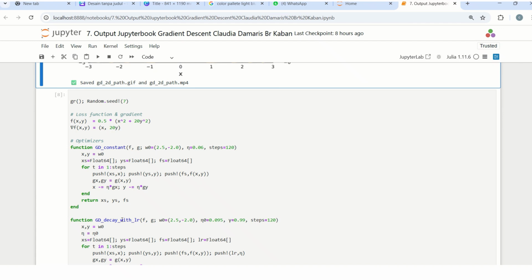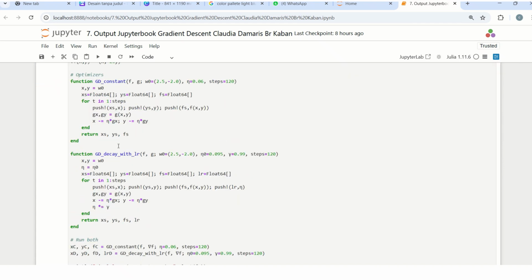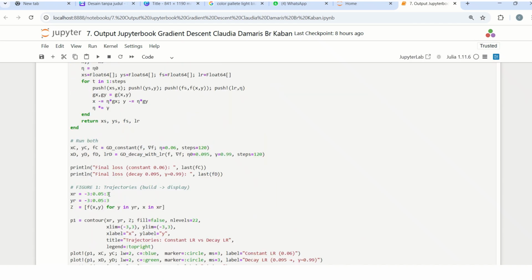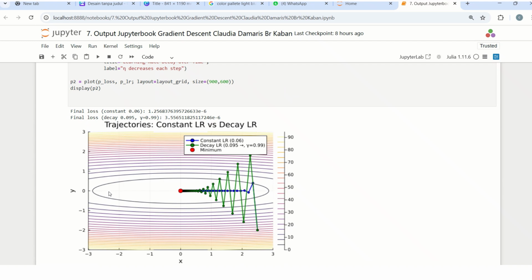The function that we are trying to minimize is f of x comma y equals 1/2 times x squared plus 20y squared. Keep in mind that this function is ill-conditioned beforehand. Now, let's take a closer look at the first figure. This is the function basically. And then the first figure,